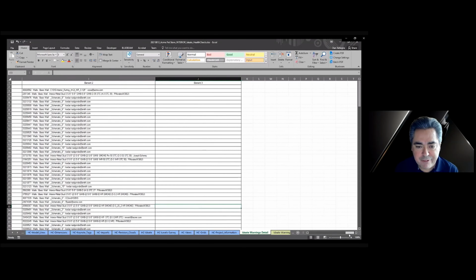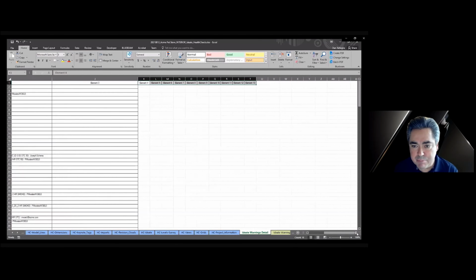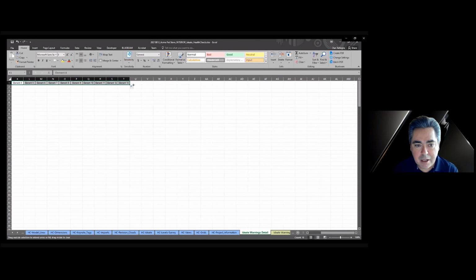But for the Power BI file to work correctly, there has to be at least 15 element columns. Again, yours might have over 100. This one happens to only have 3, which might be unusual. But I wanted to show you this just in case you come across it. So what I'm going to do right now is put 15 element columns in here so that Power BI is okay with it. Power BI can be rigid in how it handles data, and this is definitely one part that is a little bit rigid. So once I add those 15 blank columns, I'm just going to close and save this file.